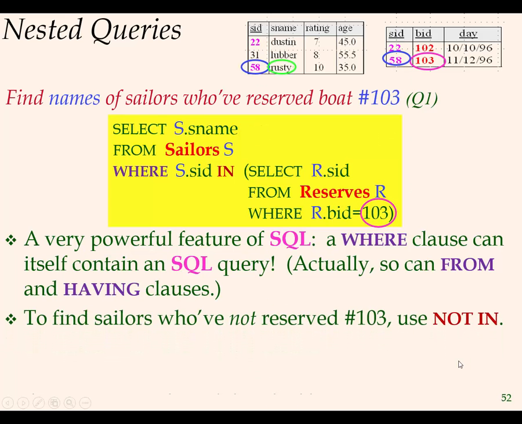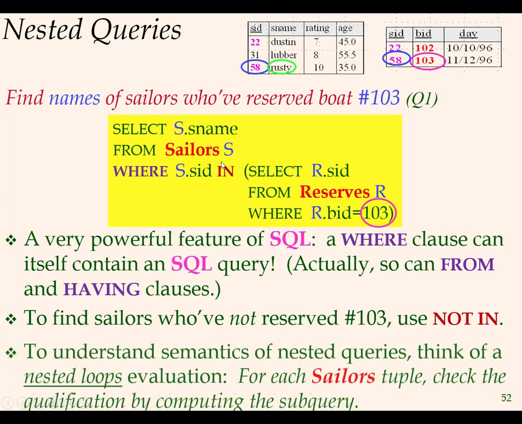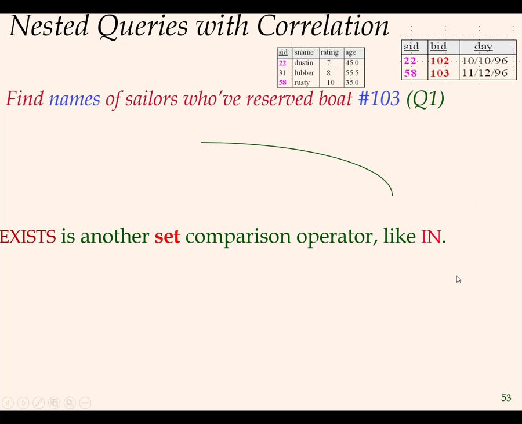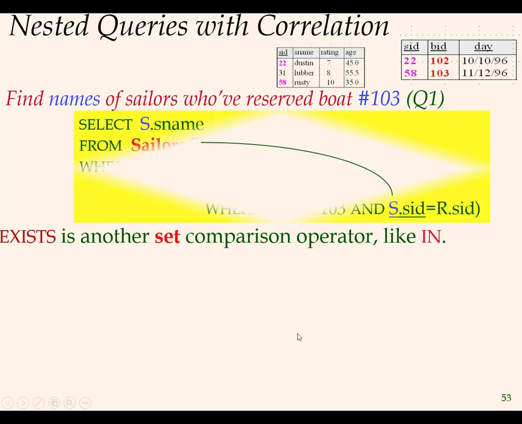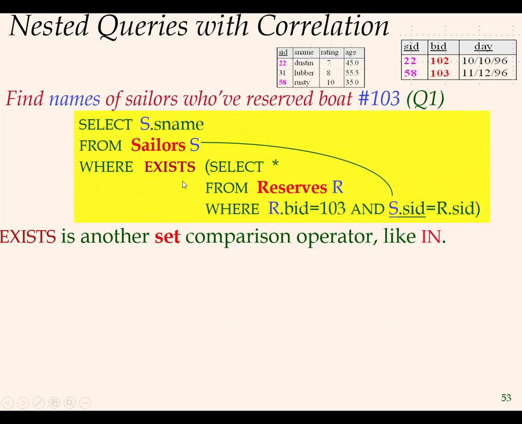That's pretty powerful. If I want to answer, find the sailors who have not reserved, I can use, instead of IN, NOT IN. So the combinations are limitless. Okay, so this is the same thing using the EXISTS. So again, the inner query is executed first. So I want to select everything from reserves where the BID is 103, and also the sailor SID is RID. So what I'm returning is the name if such a tuple exists. So that's pretty powerful,